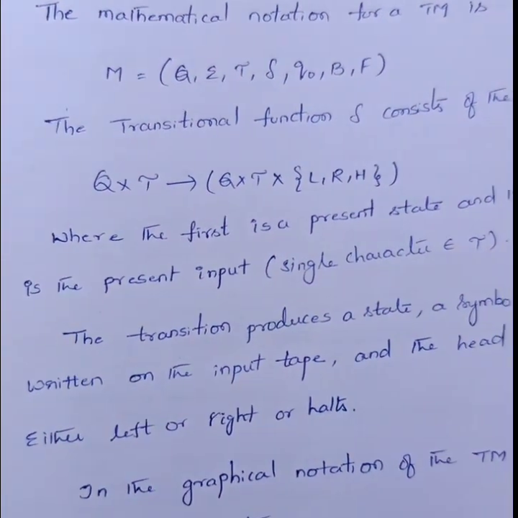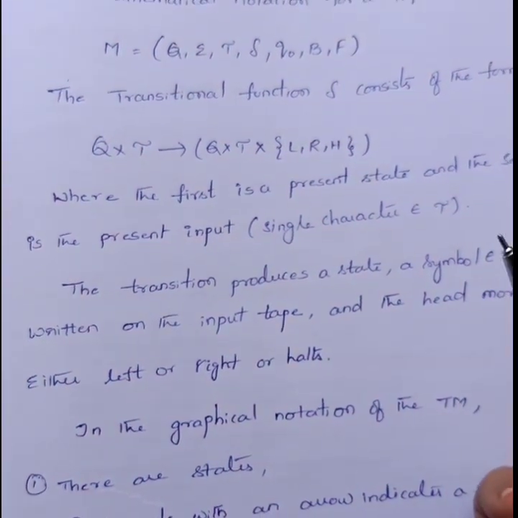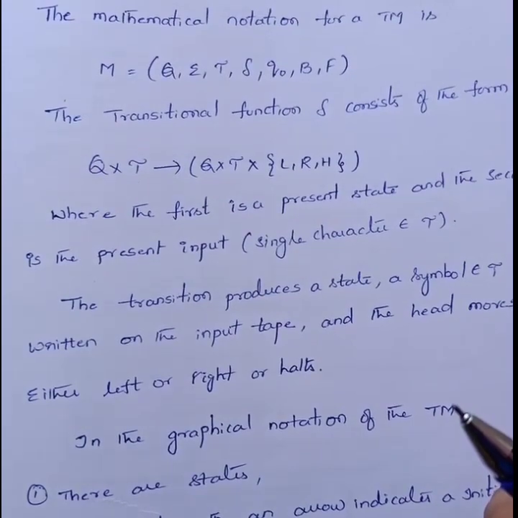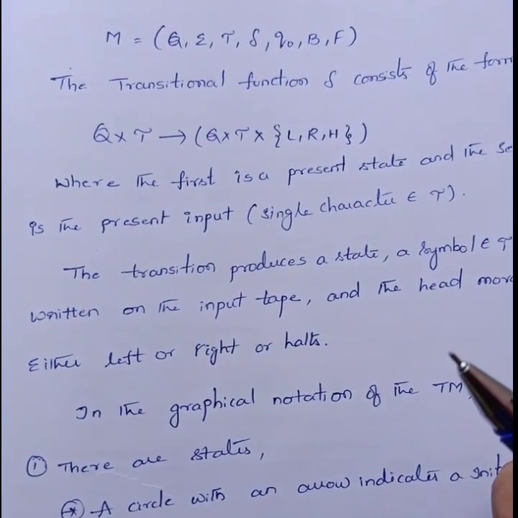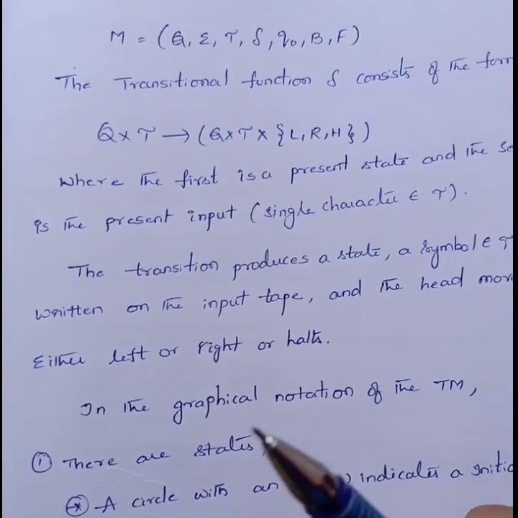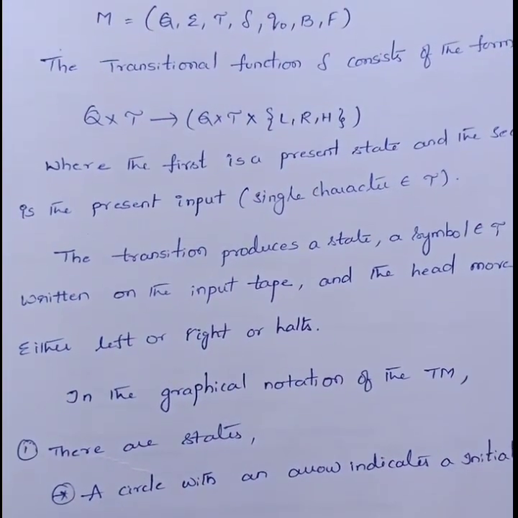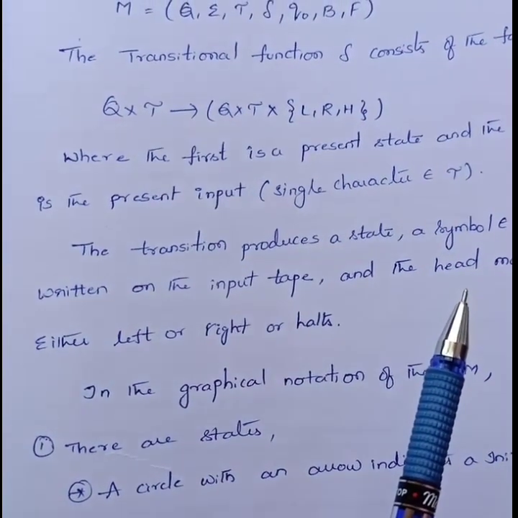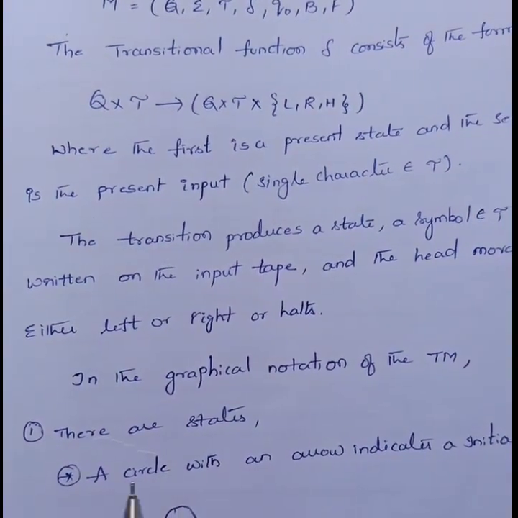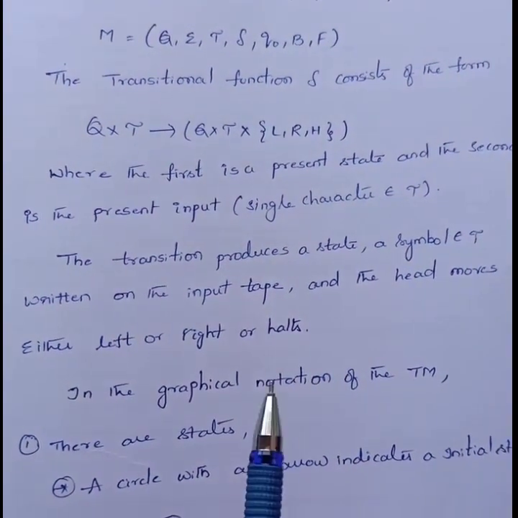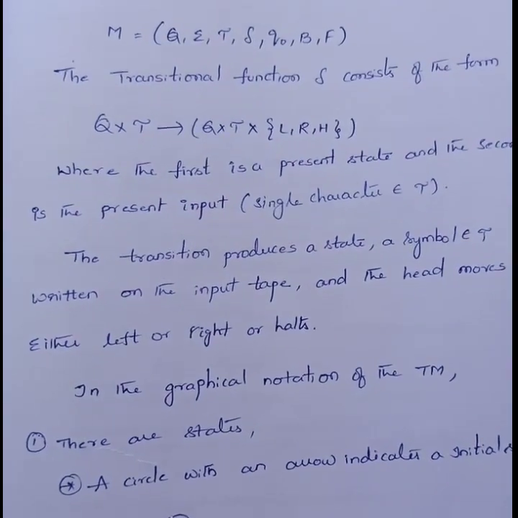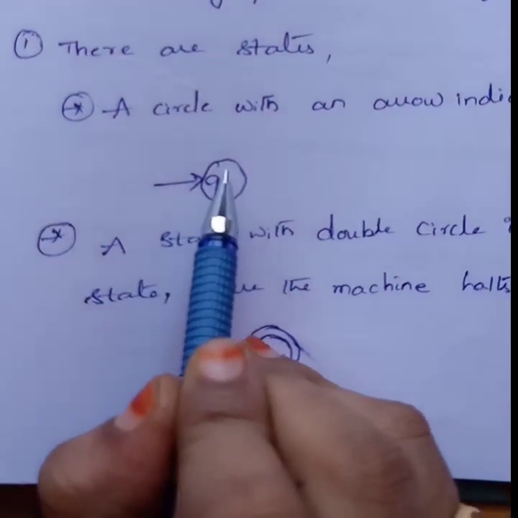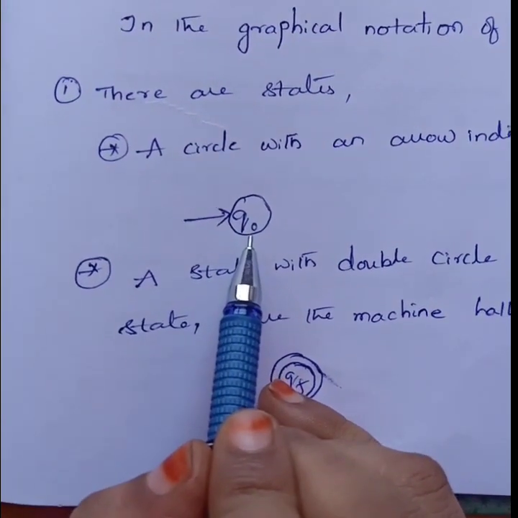Now, what is a transition diagram or transitional representation of a machine? The graphical notation we give to the machine is called a graphical representation. This transitional representation is already given to machines in finite automata and pushdown automata, and here it is the same. Here we have the initial state, the final state and intermediate states. All the intermediate states are represented with a circle. A circle with an arrow indicates the initial state. So Q naught is the initial state.